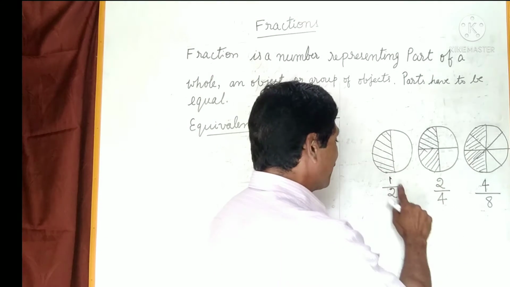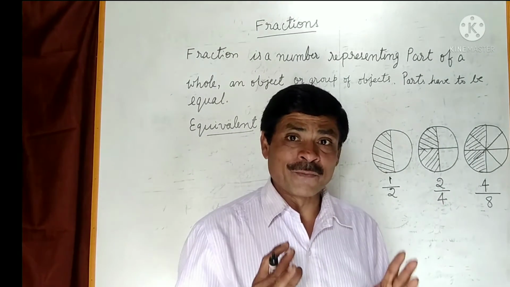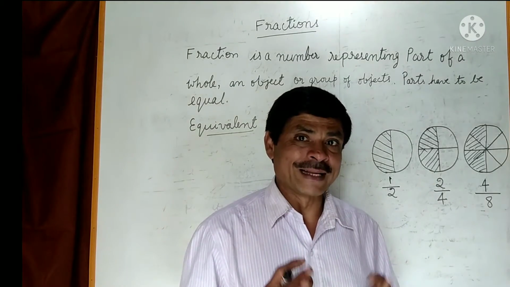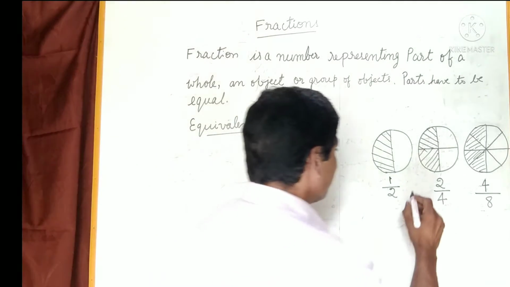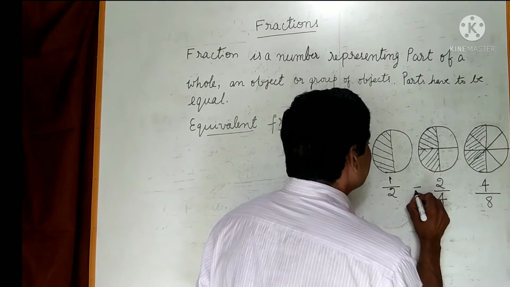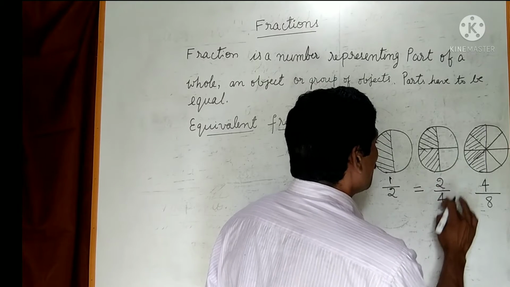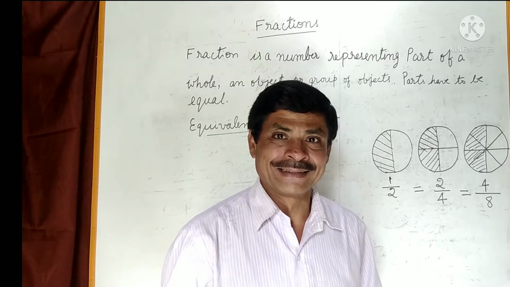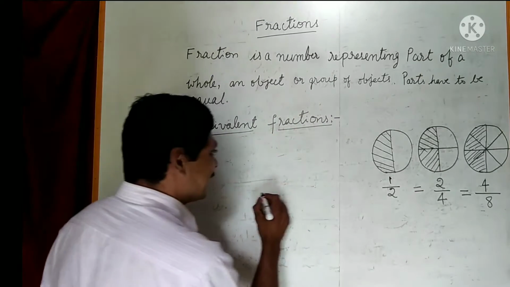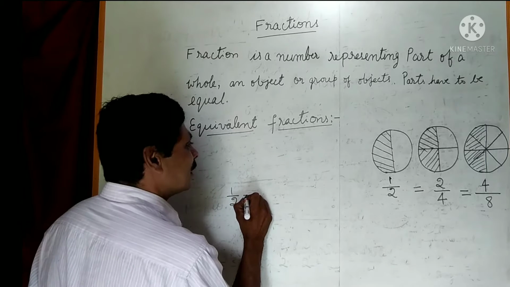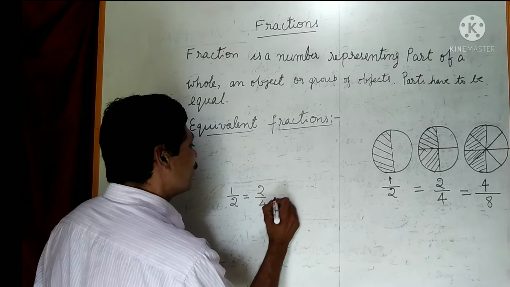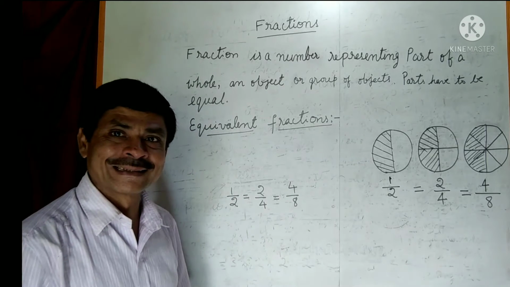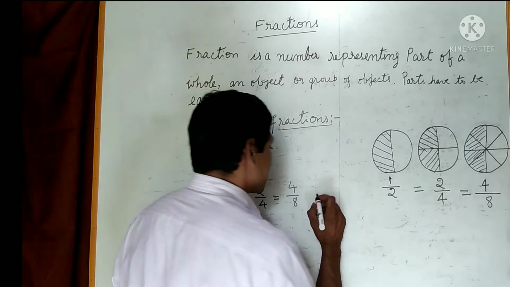these circles whatever we have shaded, the portion found to be equal. Such fractions are called equivalent fractions. This means that 1 by 2 is equal to 2 by 4 is equal to 4 by 8. Okay? Now we can write here 1 by 2 is equal to 2 by 4 is equal to 4 by 8. These fractions are called